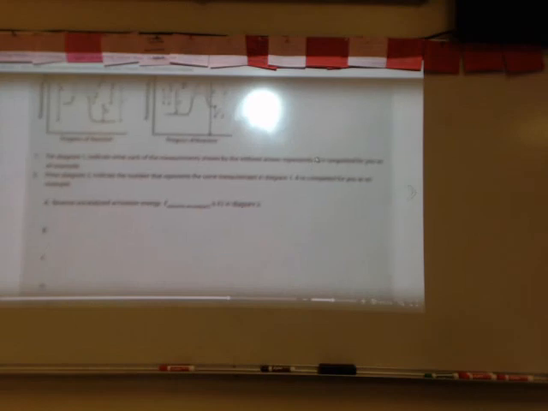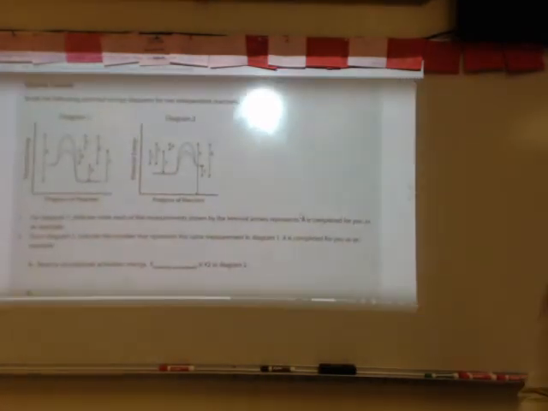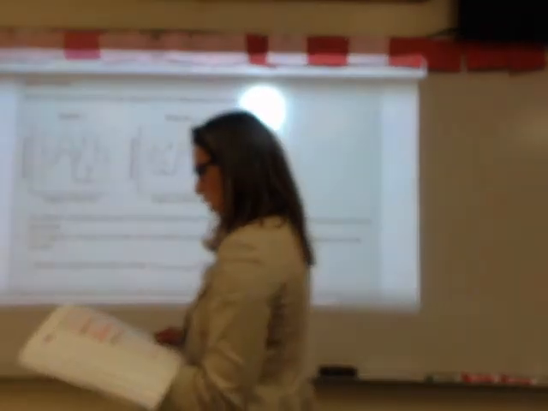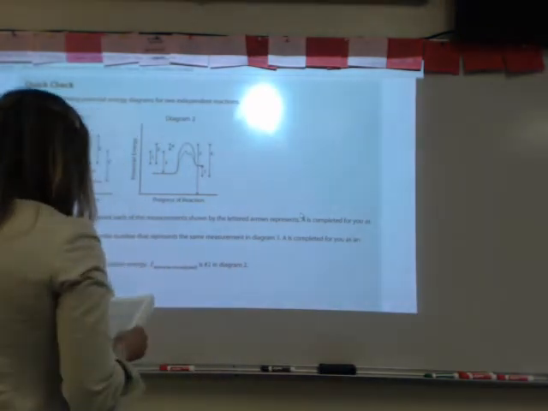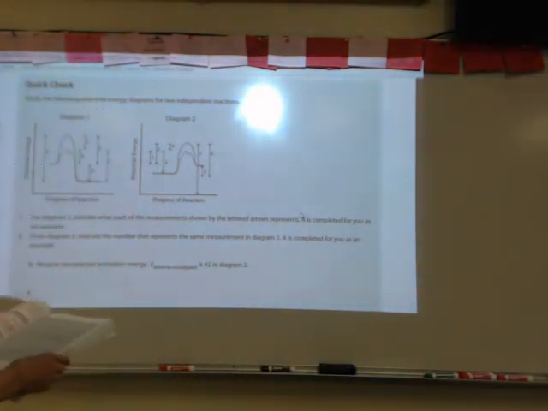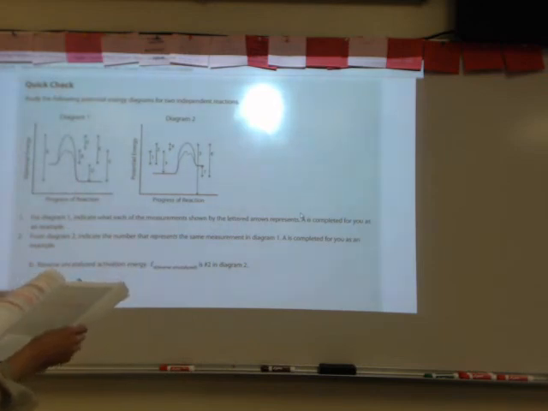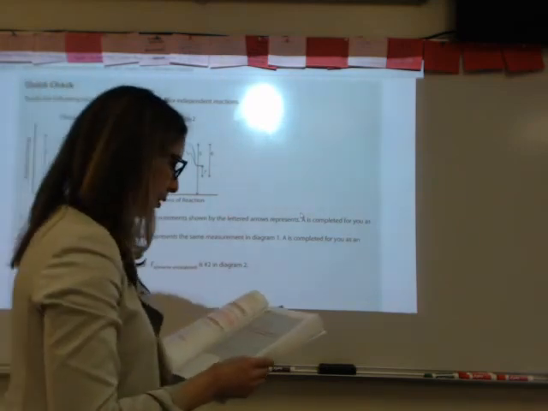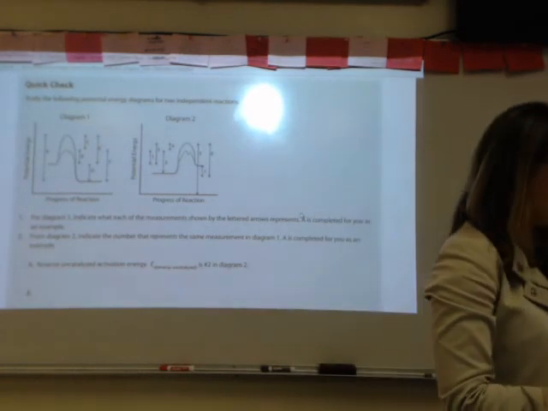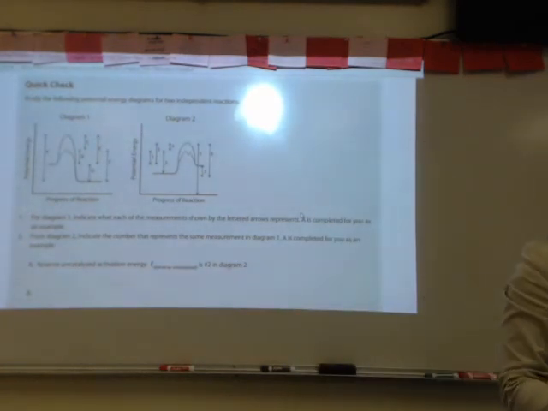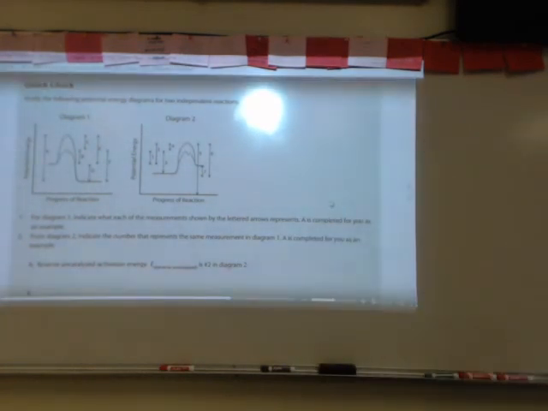Now let's take a look over here at this last quick check. Study the following potential energy diagrams for two independent reactions. For diagram 1, indicate what each of the measurements shown by the lettered arrows represents. For diagram 2, indicate the number that represents the same measurement in diagram 1. So they have completed A for us. So in A,